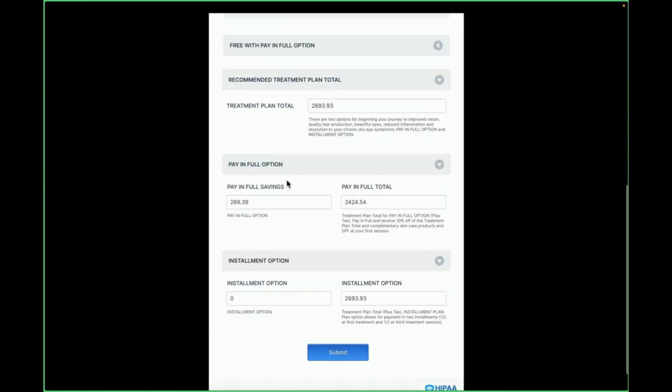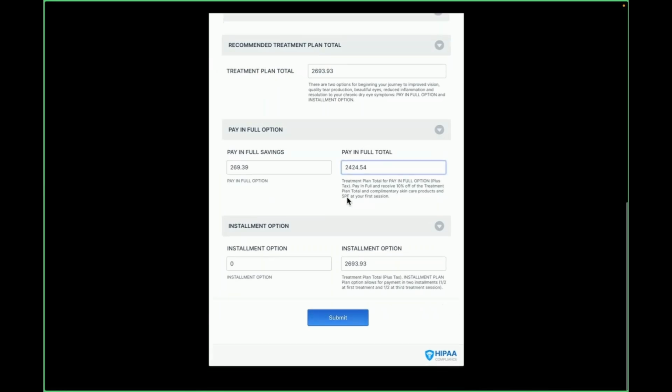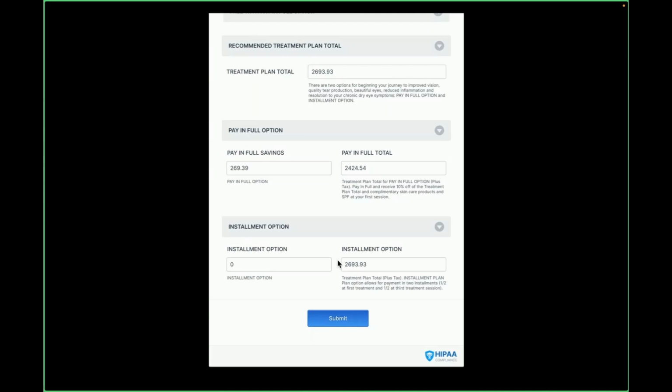And we have a couple options. If they pay in full that day, they get this much off. It's a 10%, and we adjust this. Some practices want 20%, some practices want 5%, but they can see their total fee right there. If they decide to pay over time, so we do have an installment option. It is not a pay per treatment. They pay half at the first visit, half at the third visit, but the price then remains the same, but they don't get a discount on that.